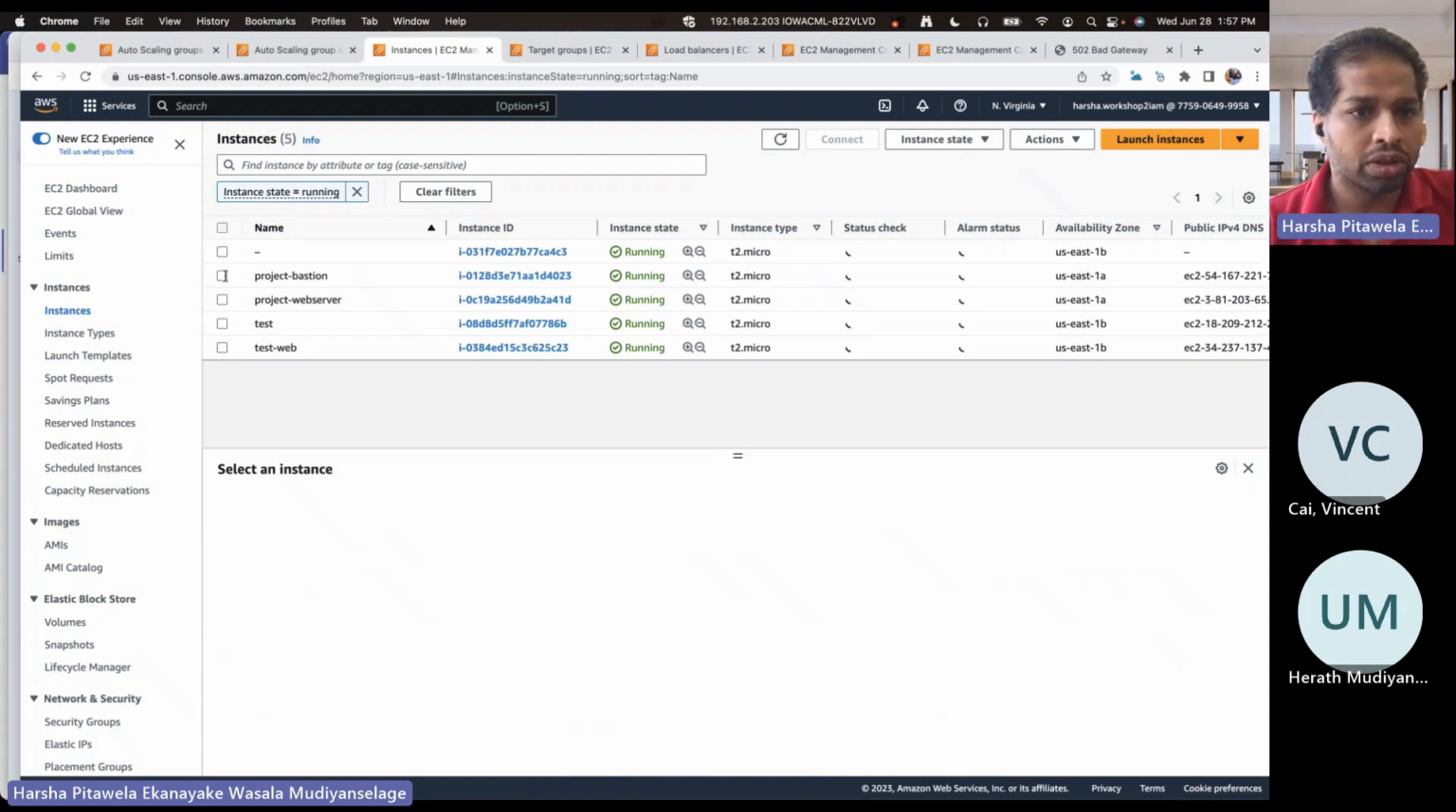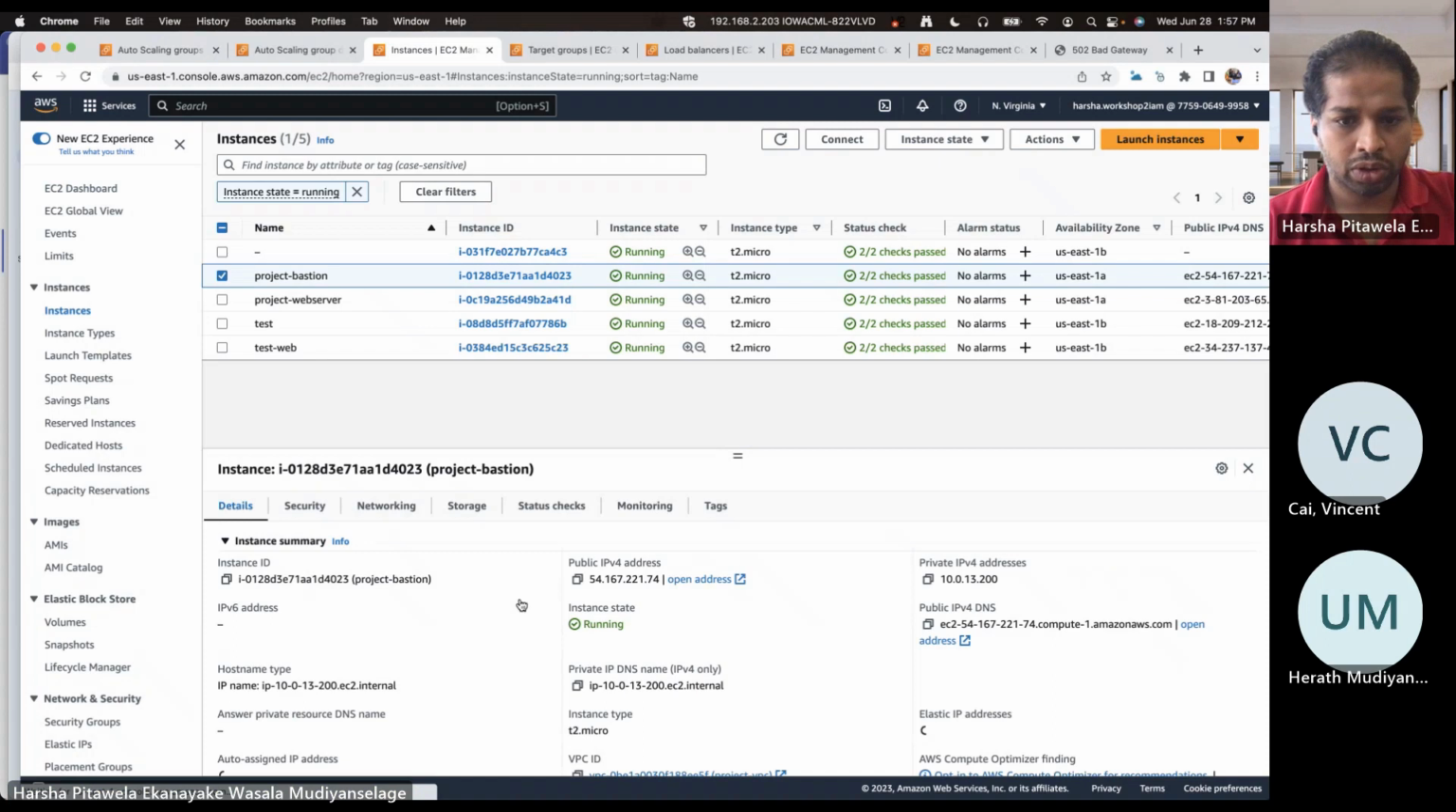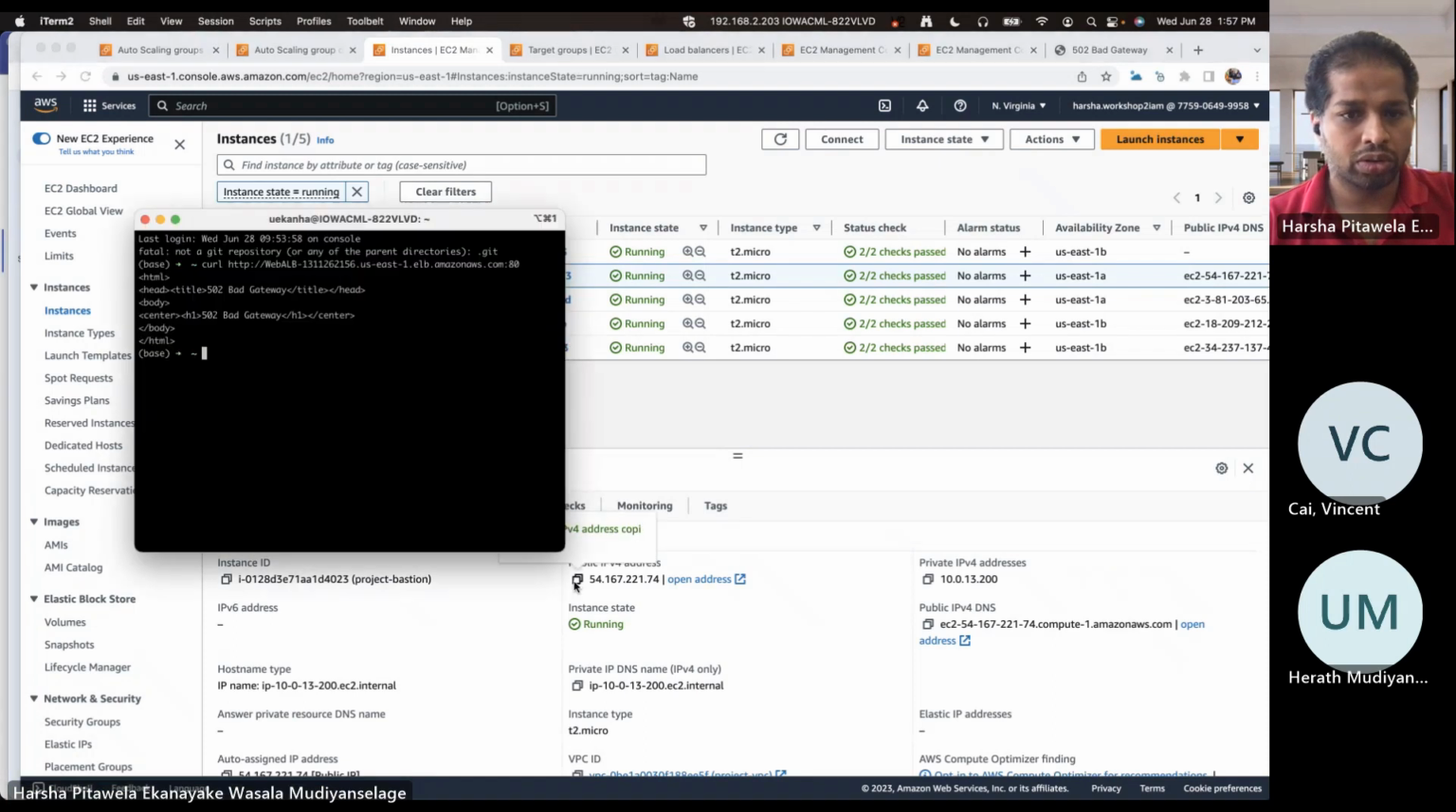So we have the project list right now, but we will need the SSH agent, because what we need to do is first connect to the Bastion and then go to the web server. So we have the SSH key on my local machine, but